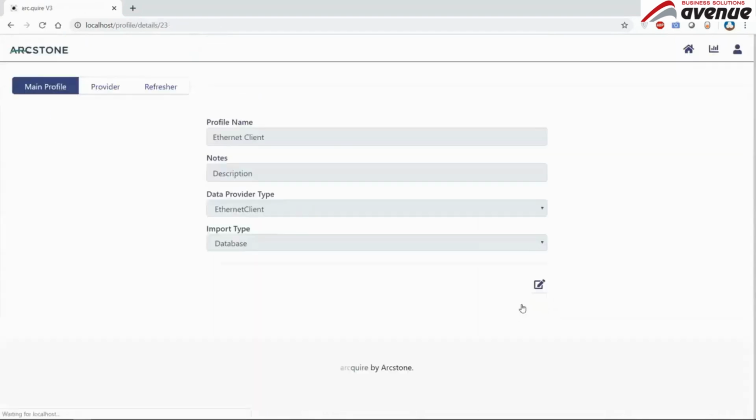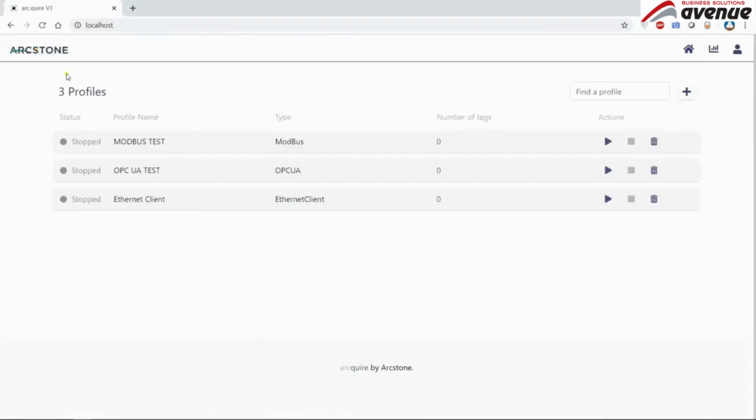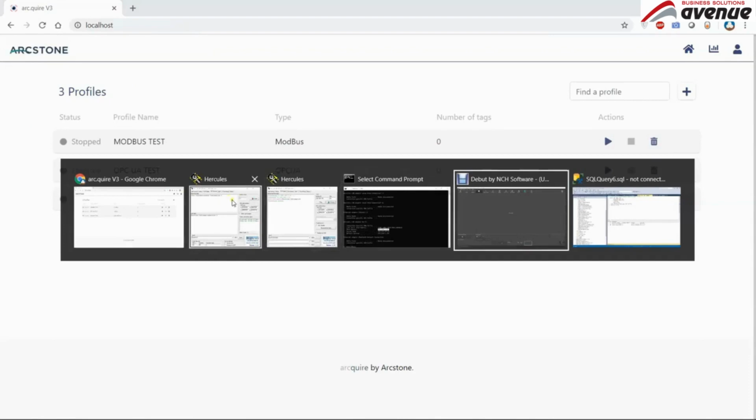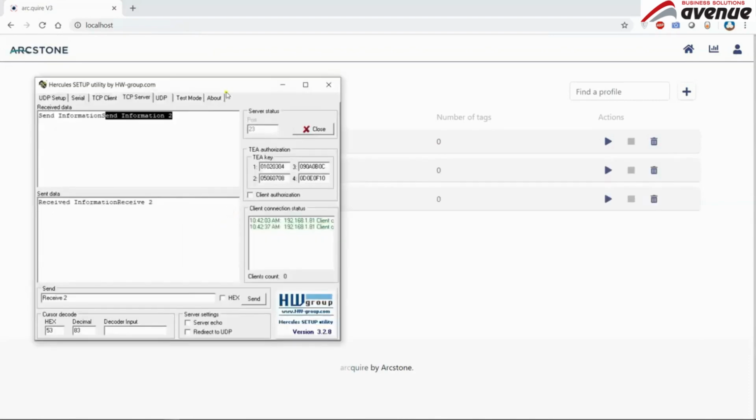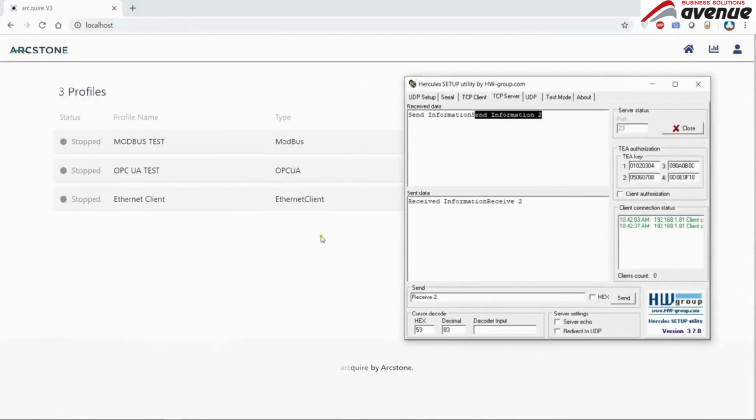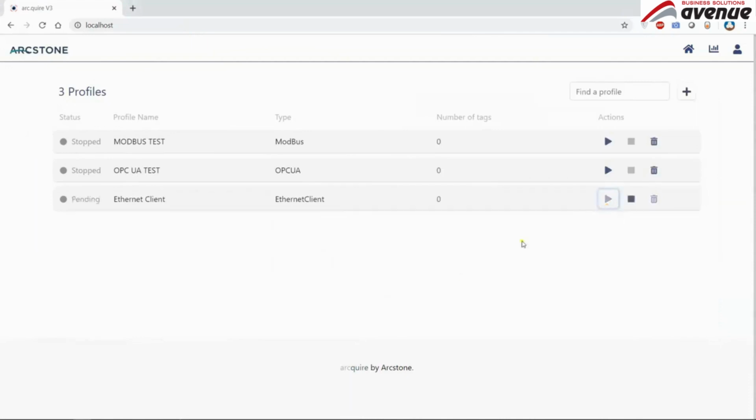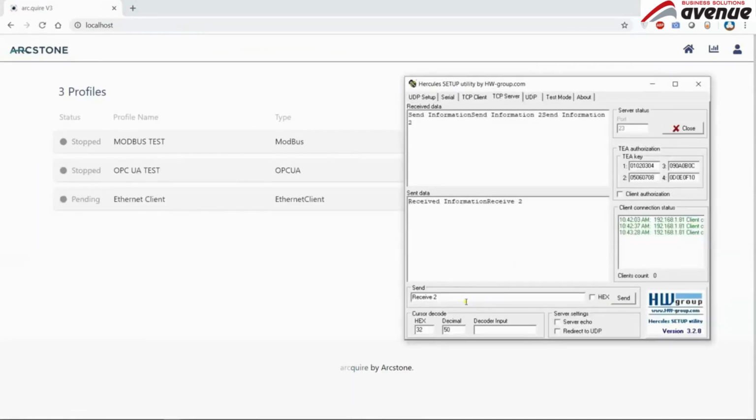I will start this profile, but before that, let me drag this window over here. I will start the profile, and every 10 seconds, this profile will send the command down to this TCP server. The TCP server can take its time and respond to this command and send back something. So in this case, I will send back the value 1, and I will wait for the next command to